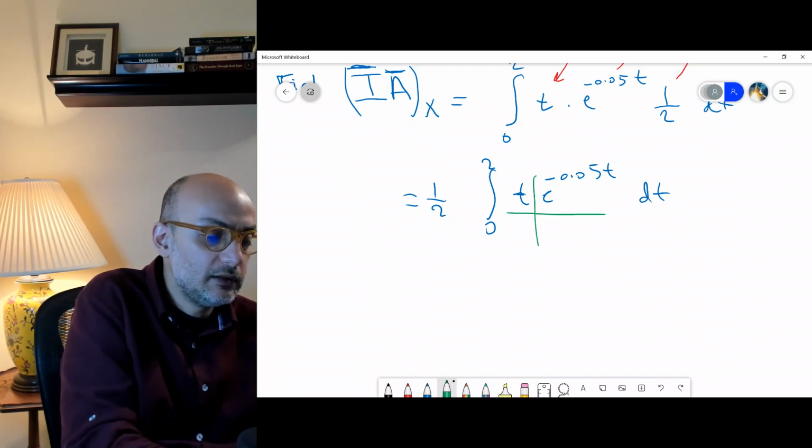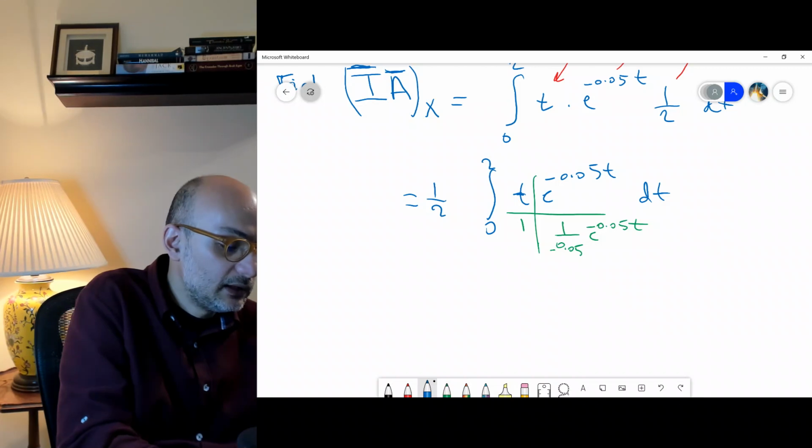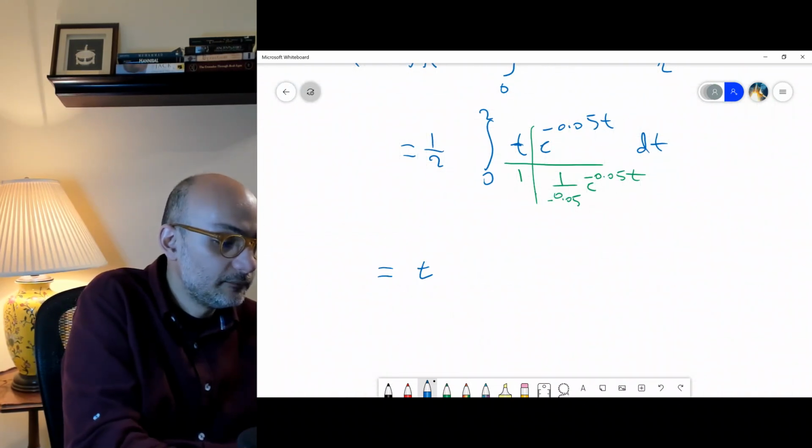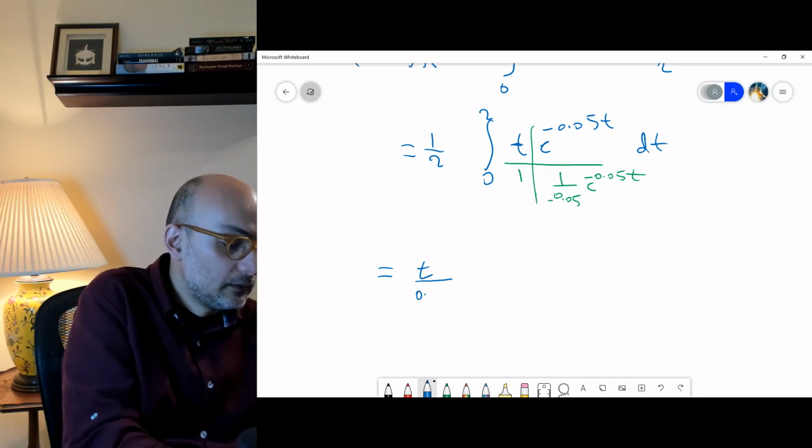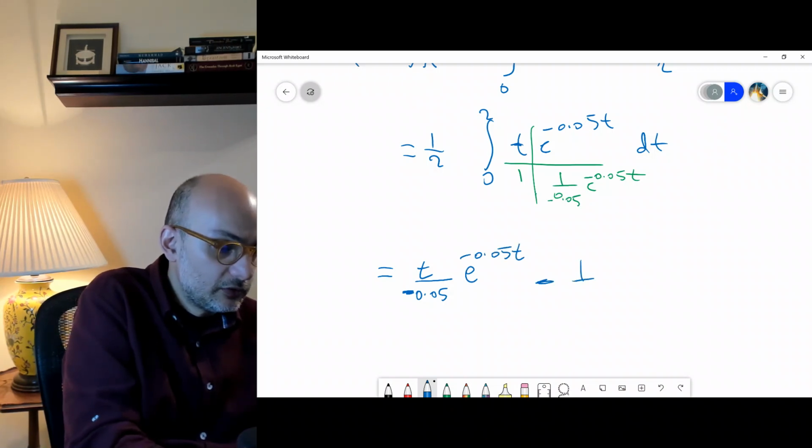I usually do it this way quickly. This integrates to 1, like the derivative of this one, and the integral of this one is 1 over 0.5, minus e^(-0.5t). Then I take t, divided by 0.5, minus e^(-0.5t), minus 1, because now we have 0.5, you take another one, 1 minus, this becomes positive here,